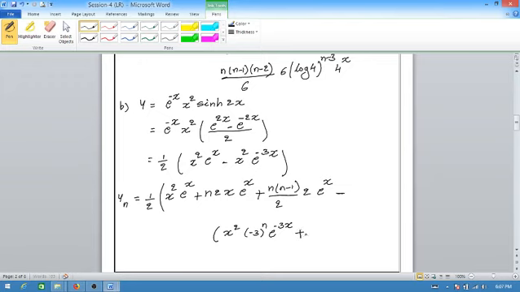Then plus n into x square differentiation is 2x, so n minus 1 the derivative minus 3 raised to n minus 1, I should write n minus 1 here, okay, so that is n minus 1,